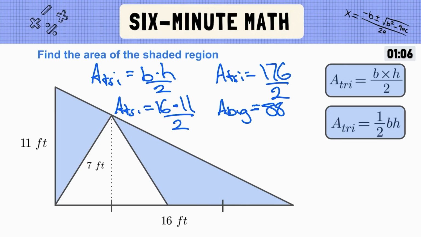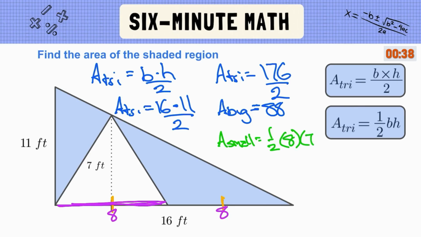As you can see on the bottom, these hash marks mean that they are equal. So if my entire distance is 16, that would make this base 8 and this base 8. We're going to use this base for this white triangle. So the area, let's call it small triangle, is equal to 1/2 8 times 7. The area of that small triangle is equal to 28,